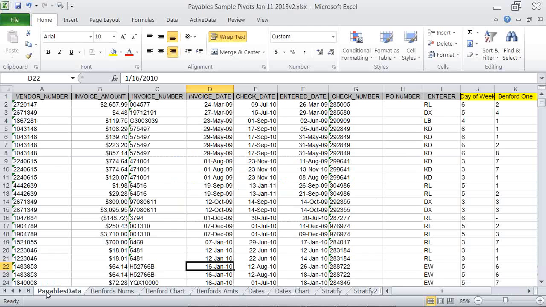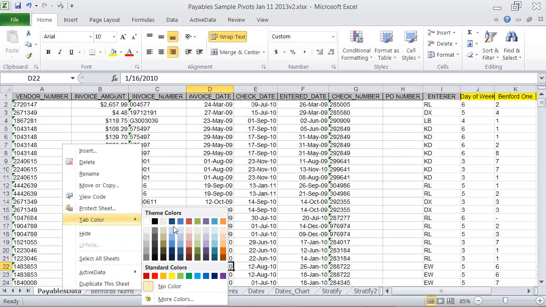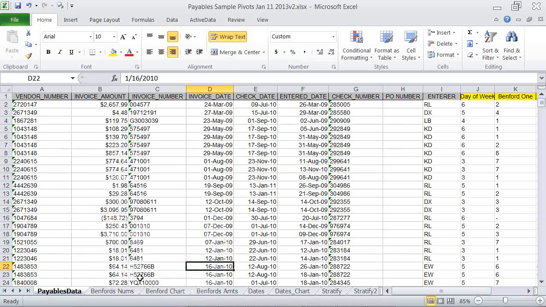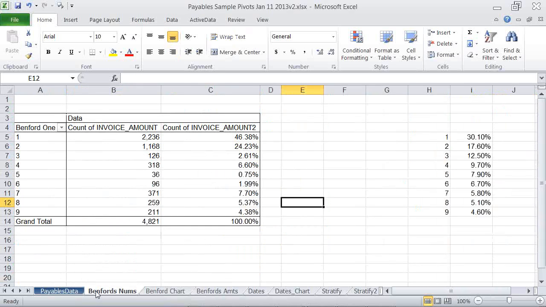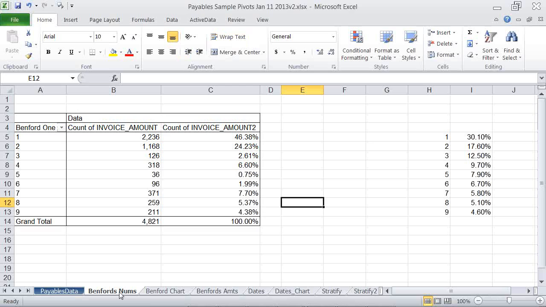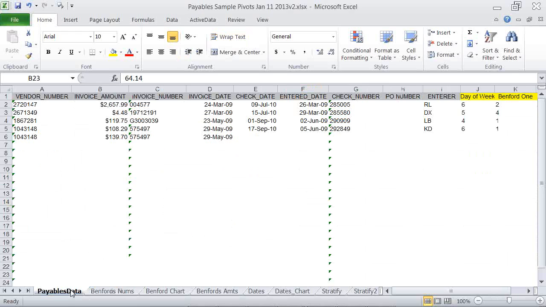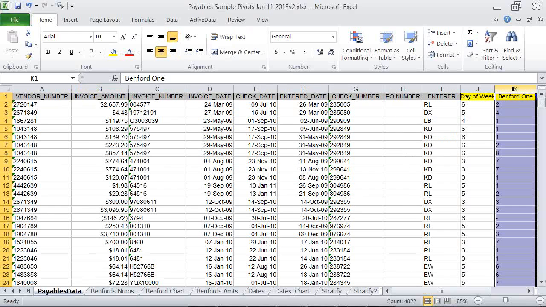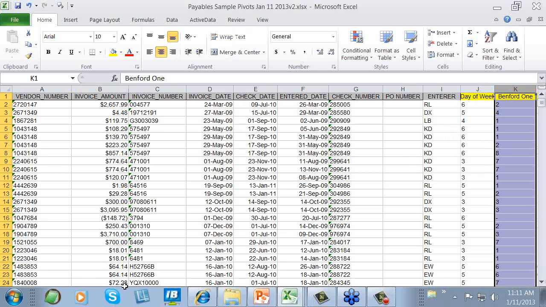And head over to the payables data. Now, I almost want to, in some way, make a tab color for this as being the full data. So make that one blue with white or something like that, so you really know that that's the data you're going to be using in your pivot table. We then create pivot tables off of that, this one being on the first digit of the Benford's number. We calculated that in this spreadsheet here, and again just carried it forward.